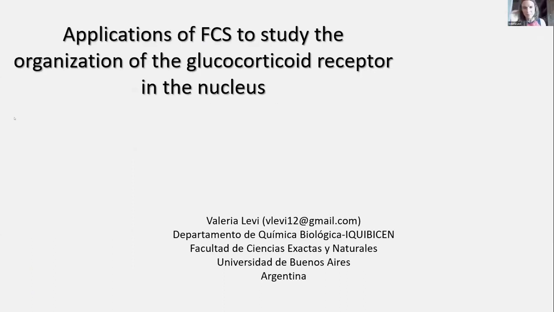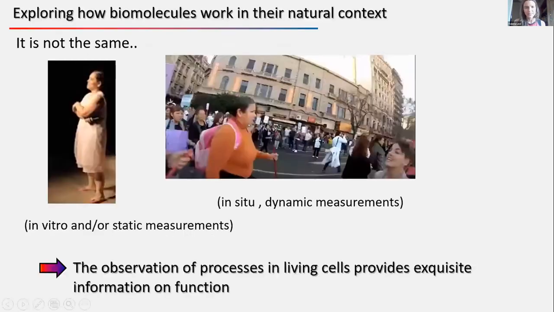Okay, so I'm gonna talk today about how you can use FCS to study the glucocorticoid receptor. I chose the glucocorticoid receptor because Diego talked a lot about this receptor and, well, he simplified my life. So first of all, let me take some minutes to explain the idea behind the experiments I will show you